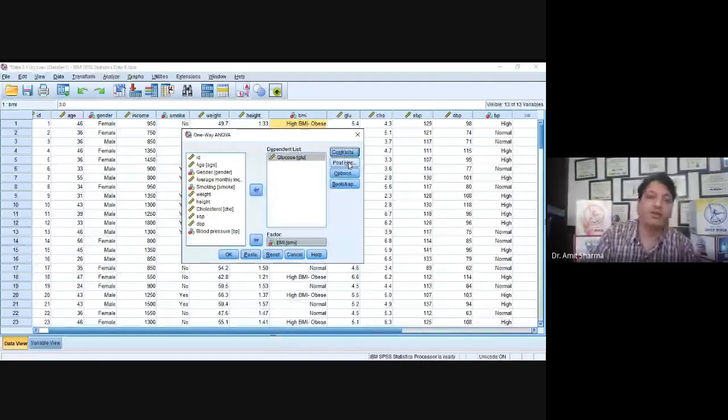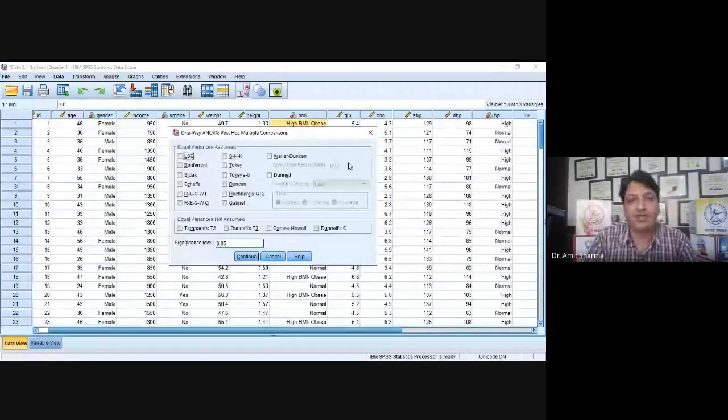In post hoc, you have to specify according to which scientist's formula you want to apply the ANOVA. Two most common are there: one is Tukey and the second one is Dunnett. So as per Tukey, we will proceed with the test. We will proceed only with Tukey, because otherwise the calculation will be too long and difficult for you to understand. I'll click OK.